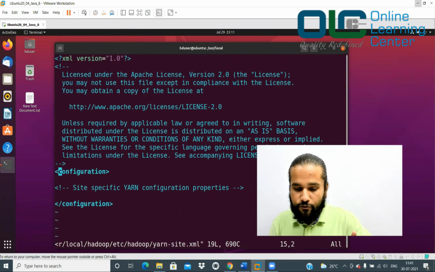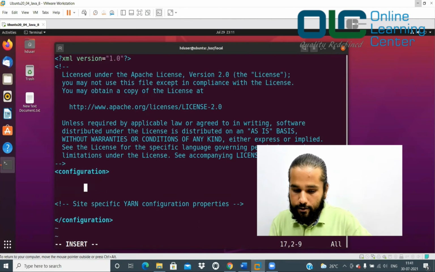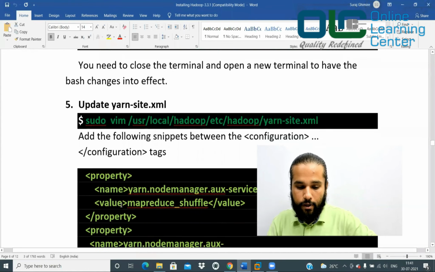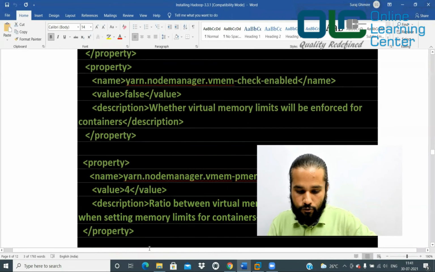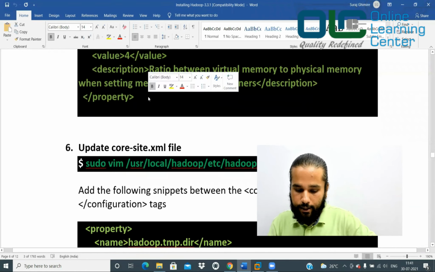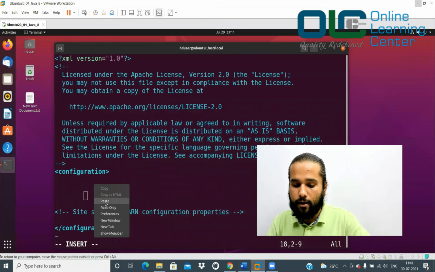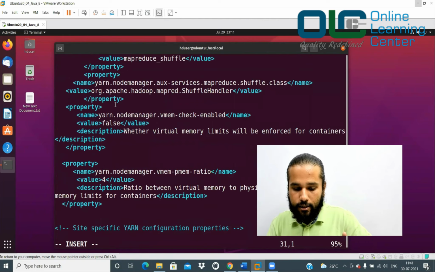Okay, so please follow me seriously and you will not have any problem. I'll just press I. My current cursor is on this angular bracket. I'll go on this side and hit enter. Be very cautious. And now let us try to copy this property to properties. Whatever we have written here, just copy it. So just say copy and keep them here. You need them one way or another. So say paste. Done.